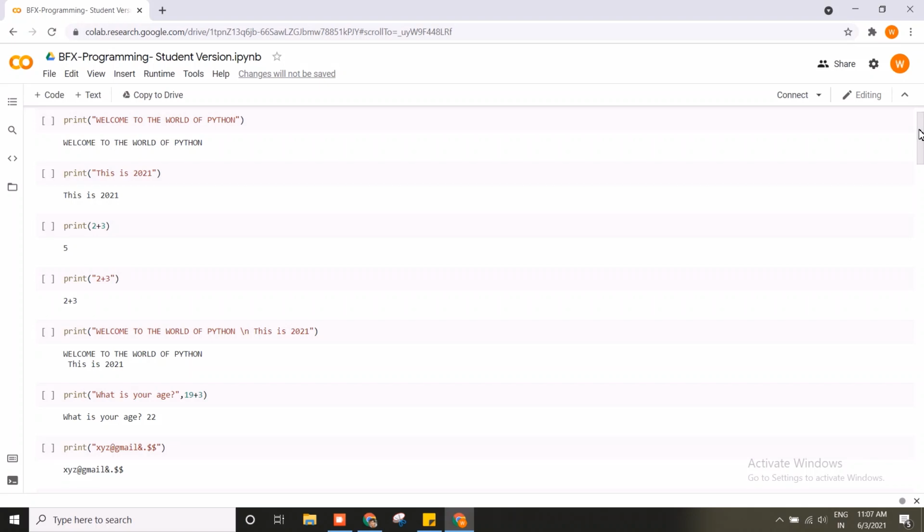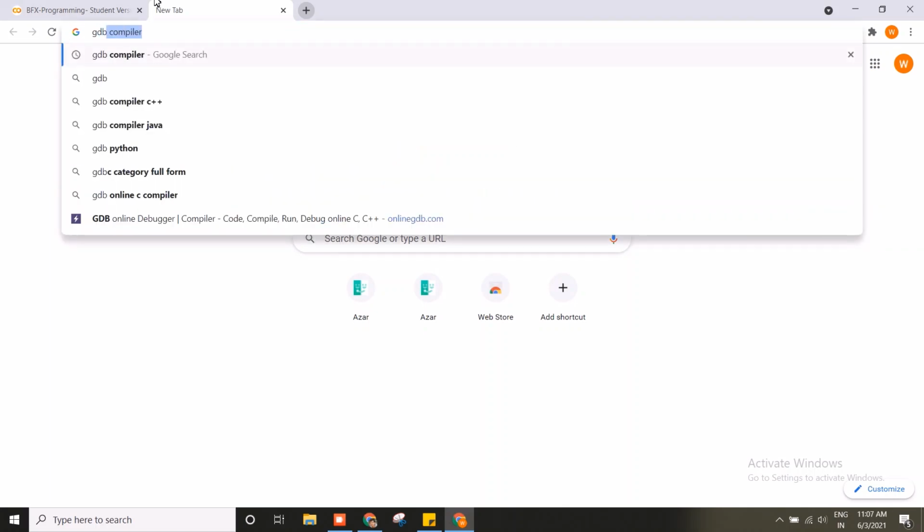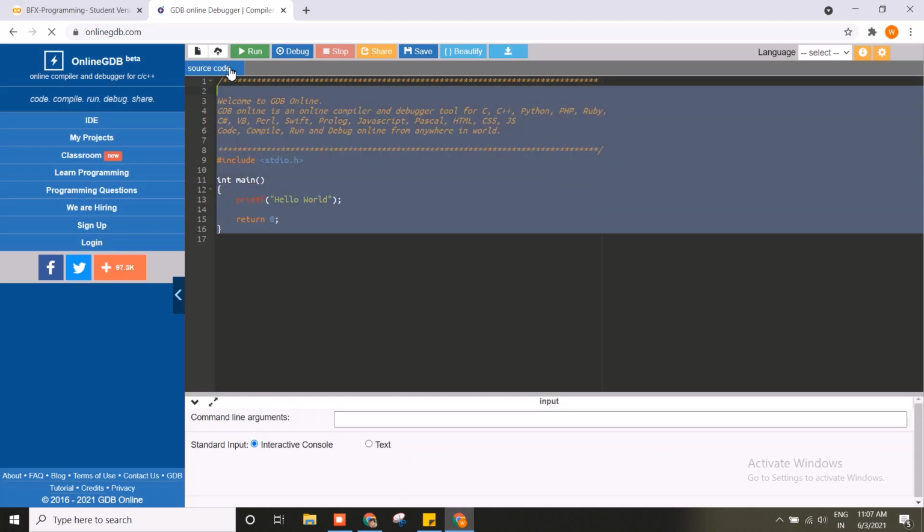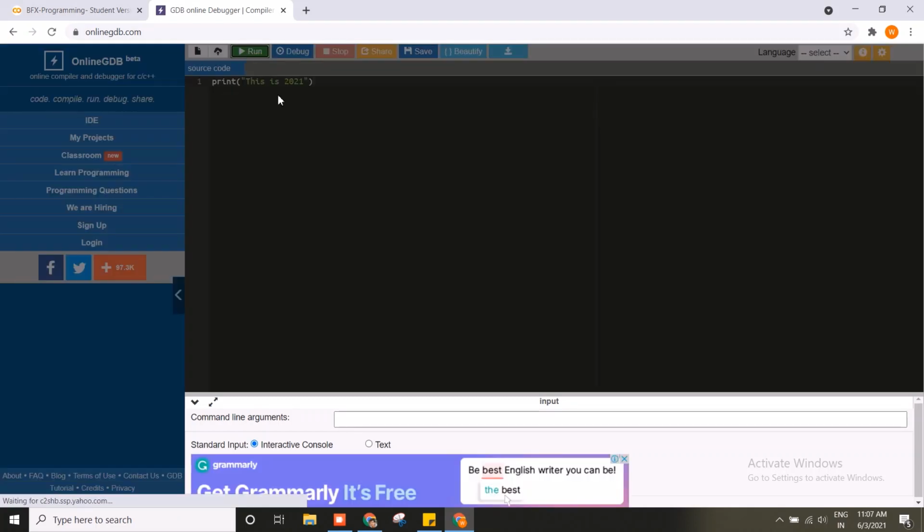Also, just to tell those who have not signed in to the Google account, they will be getting the error to sign in first. You need to sign into your Google account before accessing this. And for those who are under 13, you wouldn't be allowed to use the Google Colaboratory as it is for 13 plus. So in that case, we will be providing the codes in the form of doc or PDF. Just go to GDB compiler like this and paste the code here one by one from the doc which we would send, and you shall see the code's output.